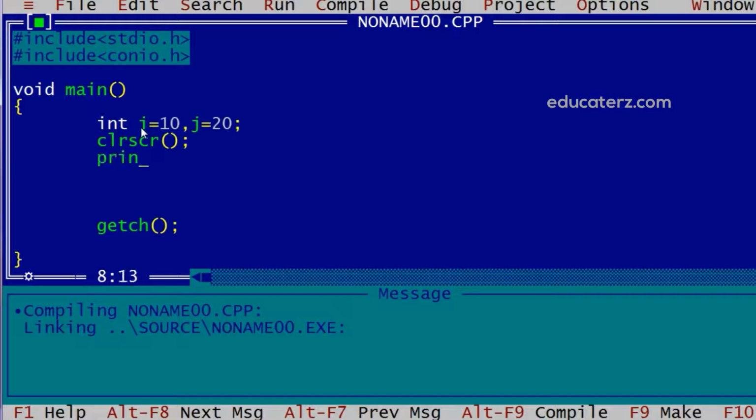Now suppose I have printf addition equal to %d, and here I'll have i plus j. So addition will be displayed.